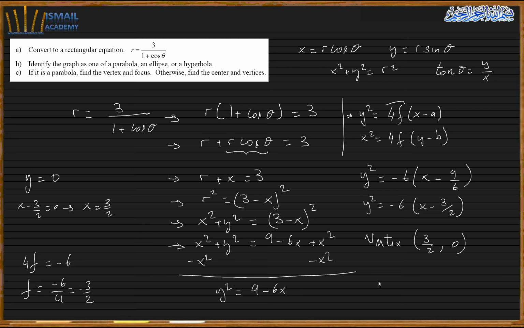So the parabola looks like this. So let me show you the idea. So the parabola looks like this. So this is going to be my 3/2, which is my vertex. So it's going to look this way. So the directrix is on that side,